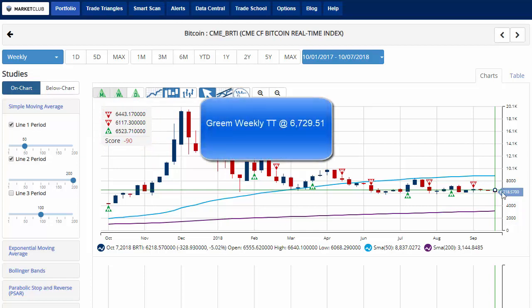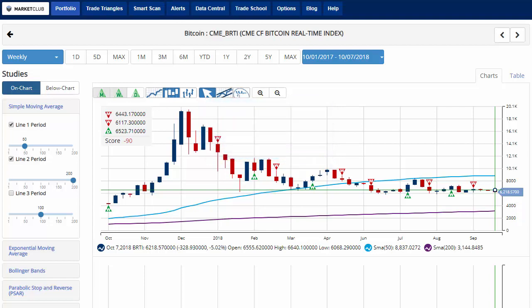Key level to watch really will be 6,729.51. A move above that level will give you a green weekly trade triangle, indicating a move to a sidelines position. But keep an eye on 6,068. A move below that level could signal a further move to the downside, as they're calling them, the Bitcoin bears still look to have control of